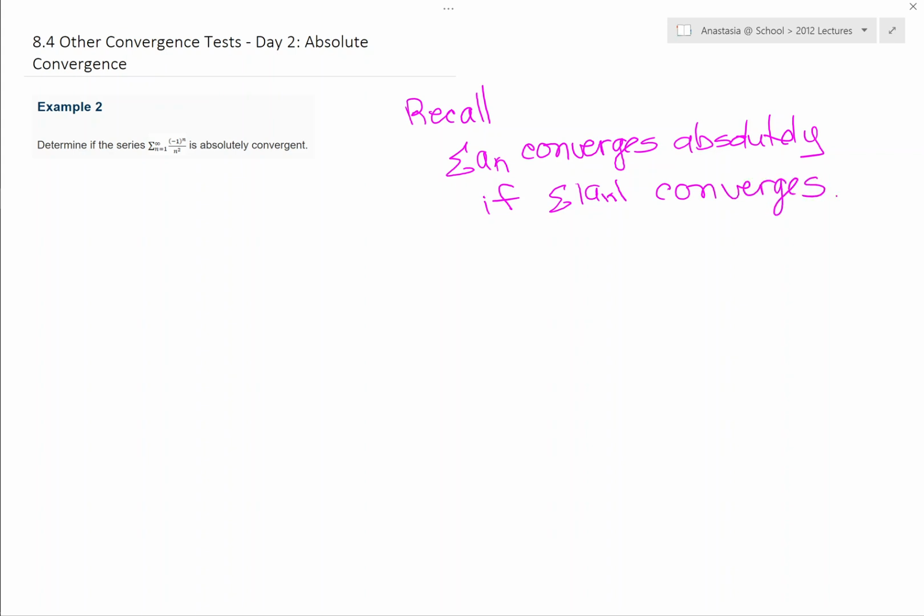So now in example 2, we need to determine if the series, the sum from n equals 1 to infinity of negative 1 to the n over n squared, is absolutely convergent. So this means we need to look at the series of absolute values. So in this case, the series of absolute values,